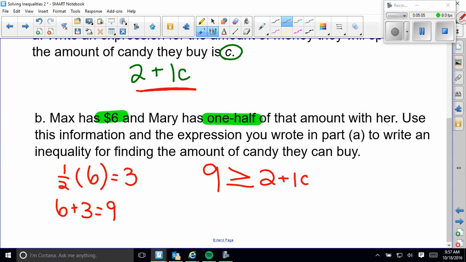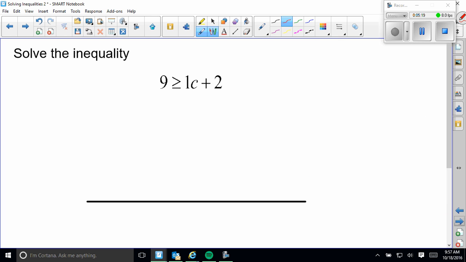So then we can figure out how much candy they can buy based on how much money they have and what they have to buy, which is the milk. Make sure you have all this written down before you move on. Alright, so now that we have that equation, or that expression,